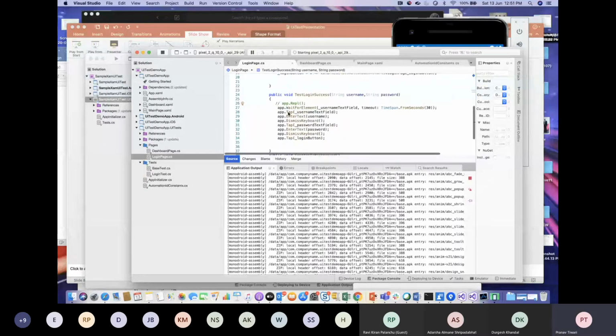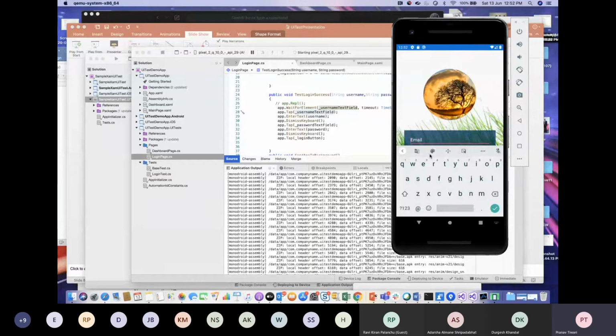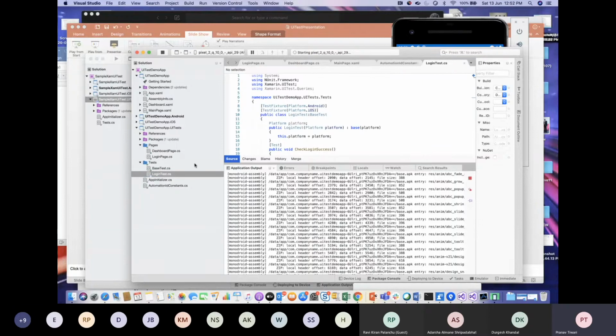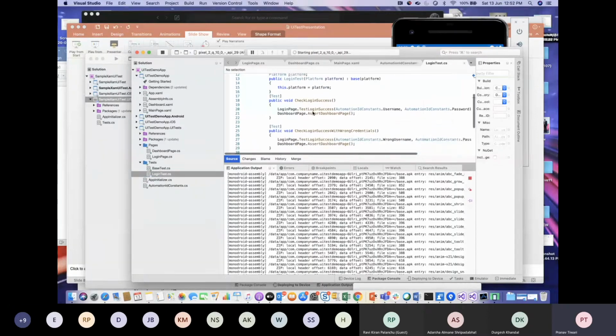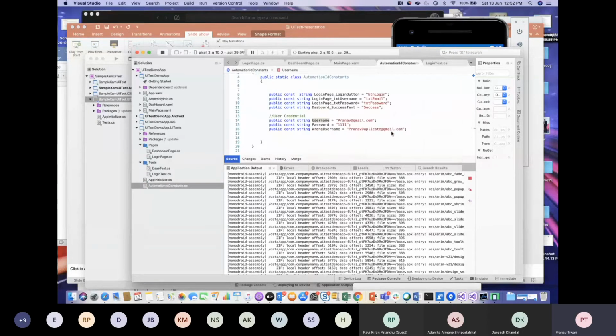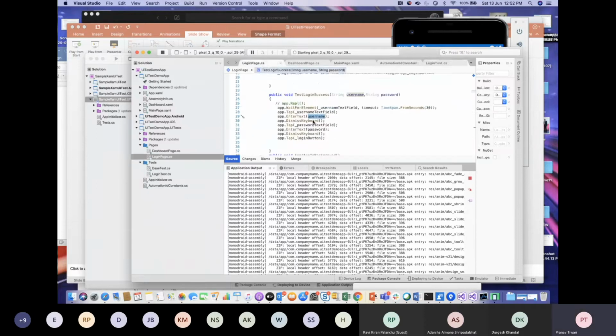Next, we are tapping on the username text field. So this is our username, and I'm tapping on it. Right now I'm showing it manually, and then we'll see how automation does it. App.EnterText username. This username will be passed from our test. If I go here, from here I'm calling my test case success, and I'm passing the username and password. Even these username and password we have stored in the automation ID constant class. These are the user credentials which we are going to use for the automation. So we'll enter the text.